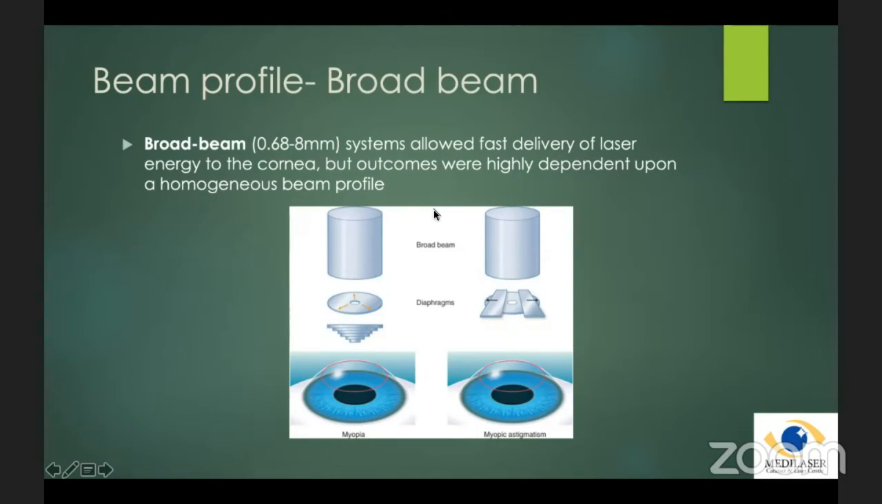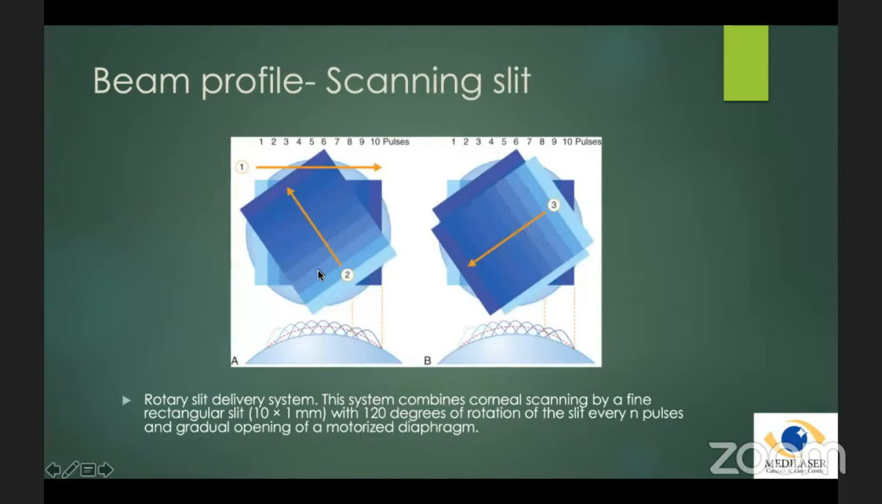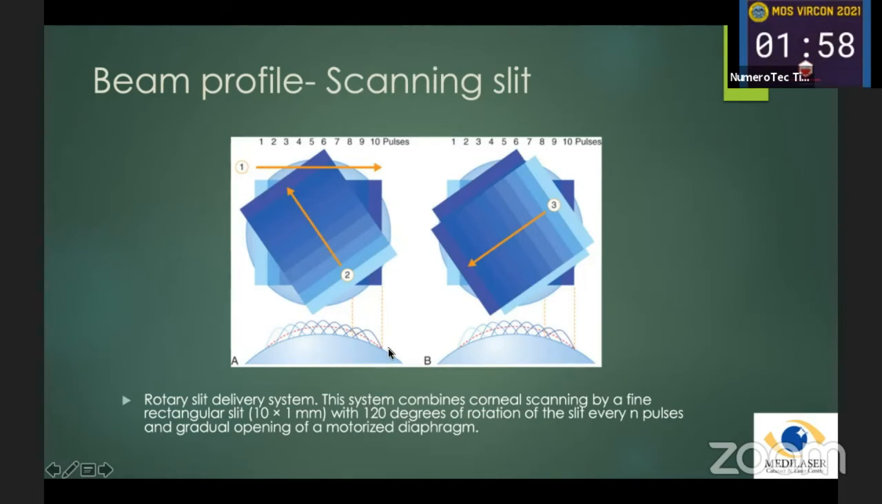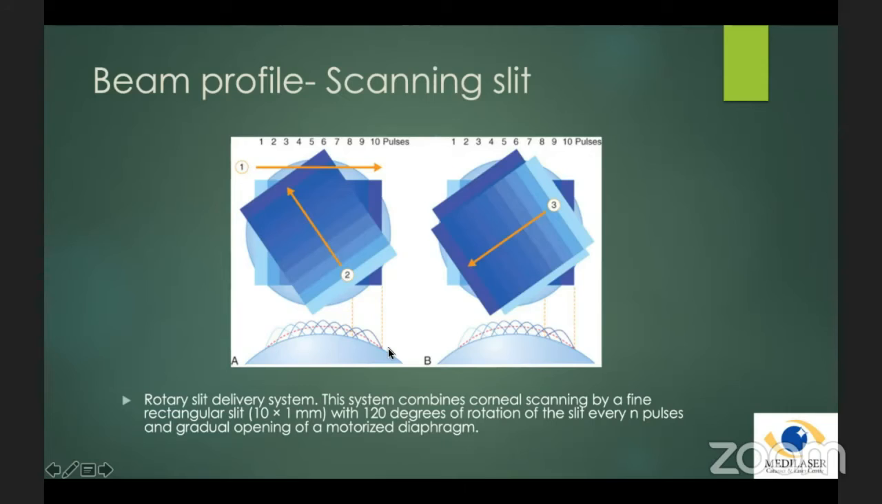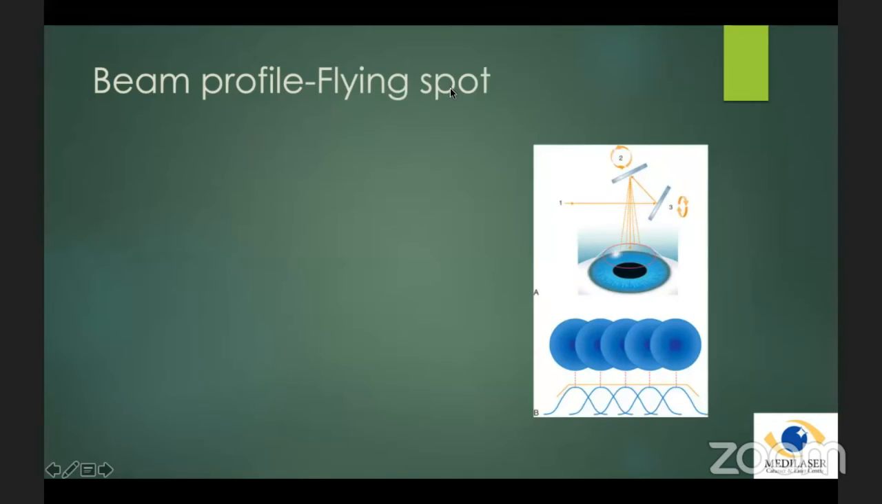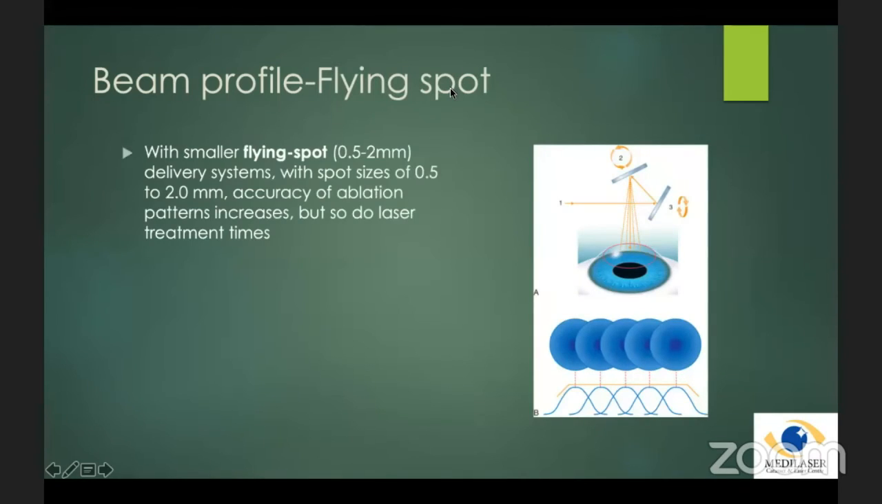The next generation was scanning slit mechanisms, wherein a diaphragm configured the laser beam as a rectangular pattern, and then this was distributed over the cornea in a rotatory or linear fashion, like the Nidek uses the scanning slit. But nowadays complex treatment profiles are possible by splitting this rectangle into smaller divisions. The latest, what we commonly use now, is the flying spot pattern, wherein small